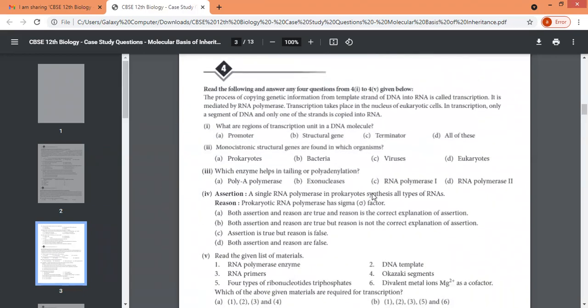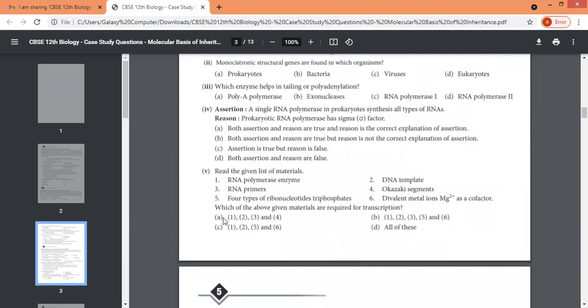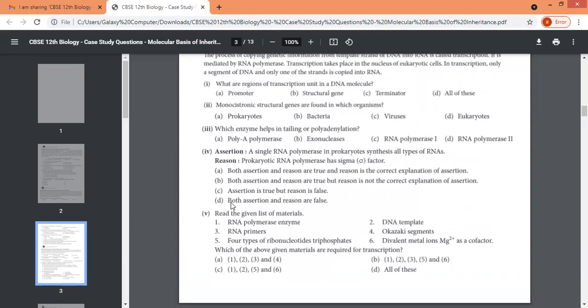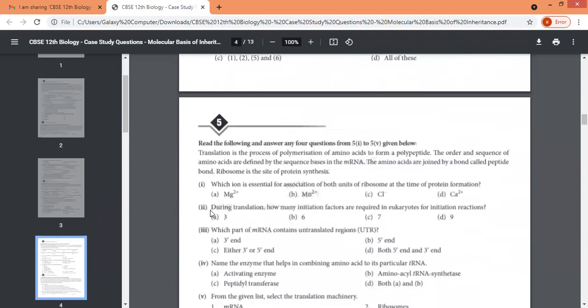Now here we come to this third question. This is the process of copying genetic material from the template strand of DNA into RNA: transcription, RNA polymerase. And again, 4 or 5 questions. As you can see, halt and go through it. That is why we are stopping it over there, so that when you go through the screen, you stop there, look at the questions, and write them in your notebooks. It will be easier for you to prepare for the exams. This is the term 1 portion. Yeah, the next question.